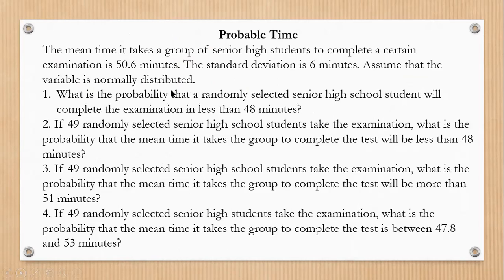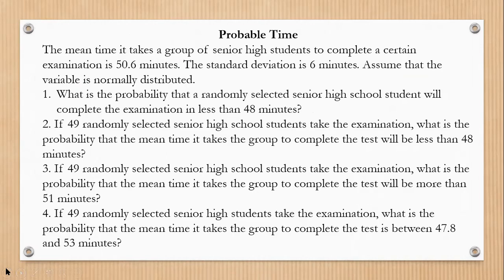Okay, so I have here an activity which is entitled Probable Time. So the mean time it takes a group of senior high students to complete a certain examination is 50.6 minutes. The standard deviation is 6 minutes. Assume that the variable is normally distributed. Okay, so to answer the different questions posted below, for number 1, what is the probability that a randomly selected senior high school student will complete the examination